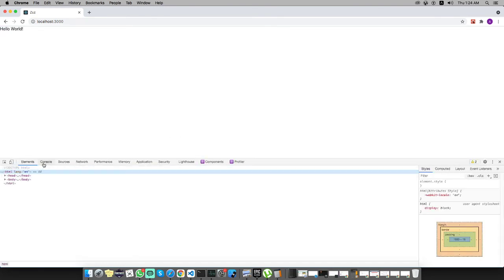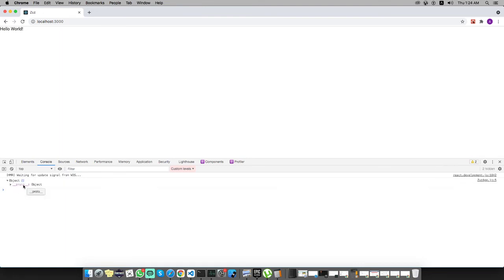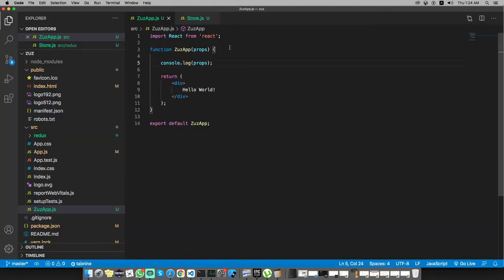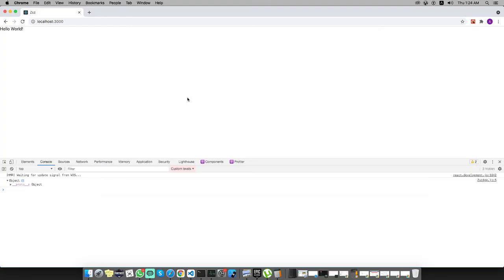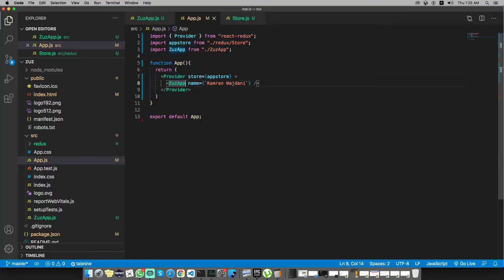This way we will be able to check the props are coming from actual Redux reducer, and it has an object, and object is empty because it is actually expecting these props from this app.js, and we have not provided any prop. Let's say we call it name, and the name should be Cameron Rajdhani, and save. And now I have this prop,